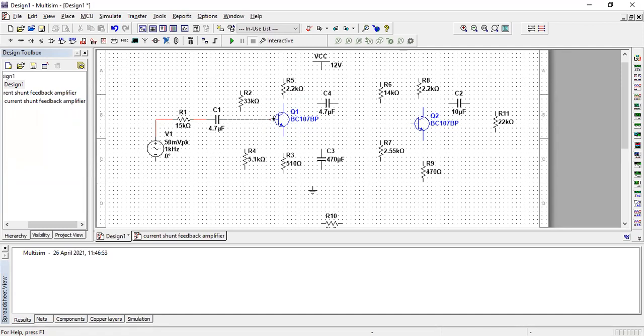Remember, you should give this connection like this. Otherwise, the connection looks like it is existing. But every time, even starting from common emitter amplifier, you should give the connection like this only. Otherwise, you will get the problem. Okay, here I should connect the resistor. Fine. Here also I should connect the resistors in a proper manner. So I'll connect the resistor now.